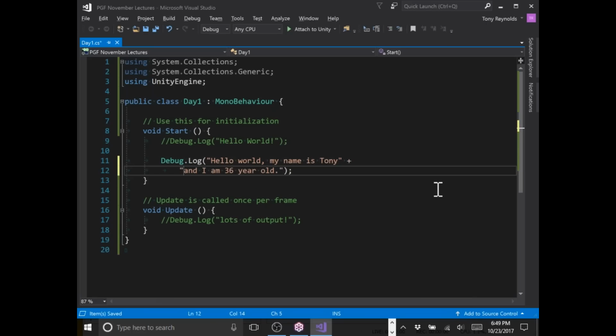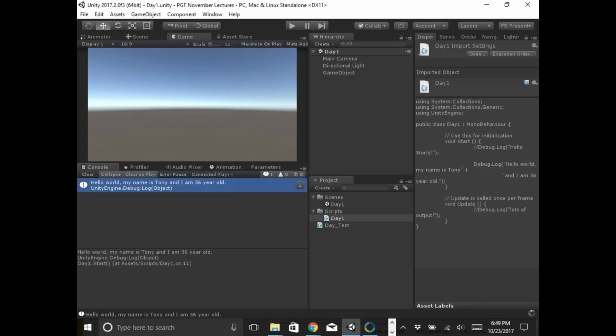Now you'll notice it took my string, sliced it right in two, and turned it into two strings. Notice the plus in the middle. This is string concatenation. This takes the string on the left, hello, my name is Tony, and the string on the right, and I am 36 years old, stitches them together, and then hands off that one string to debug. That's why we would see that on screen. But you notice I removed that space between Tony and before I hit that enter. Meaning, if I save this, jump back to Unity, and play,